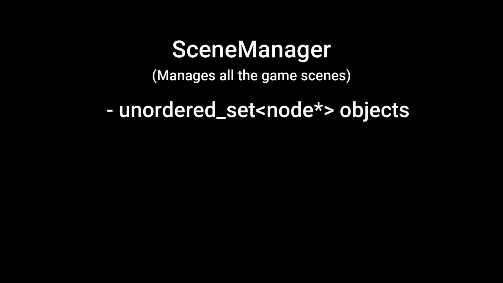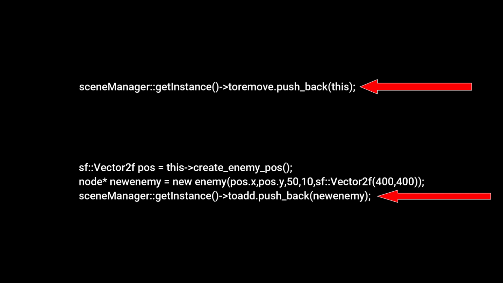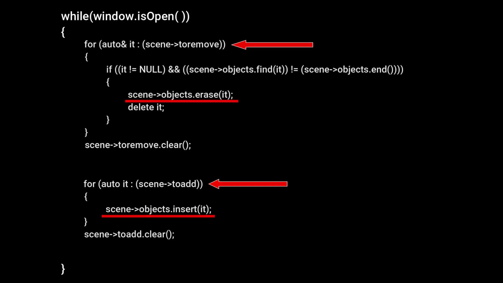There is also a singleton class called scene manager that manages all the game scenes. This class maintains a set of pointers to the objects that need handling. It also contains two vectors, to remove and to add, for managing addition and deletion of the objects. When I want to add or remove an object, I push it into these vectors. In the next game loop iteration, these vectors are processed to prevent null pointer issues that might arise from immediate